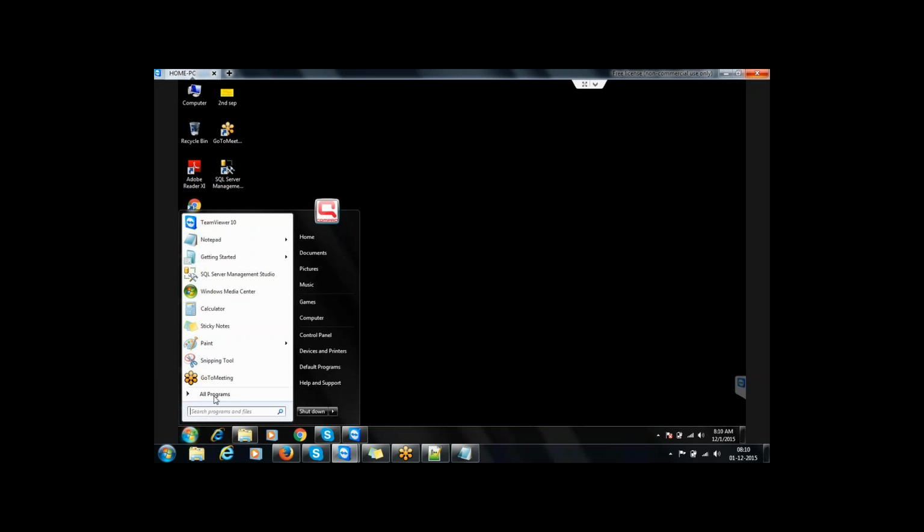Once you install SQL Server on your machine, it will create a folder in All Programs. You can see a folder like SQL Server 2012. Right now, our training version is SQL Server 2012. It will create a folder over here. If you click on that,